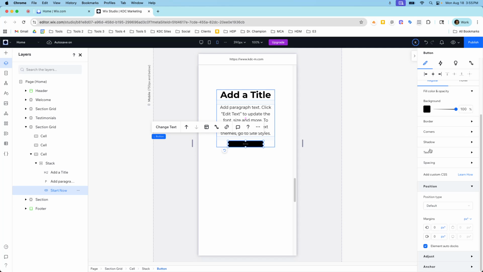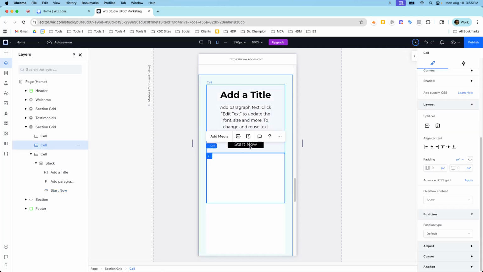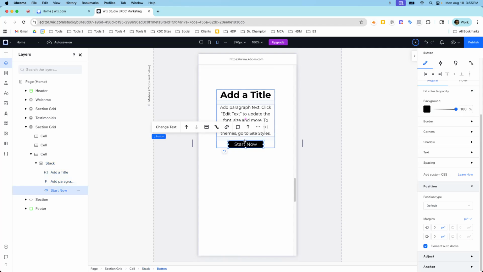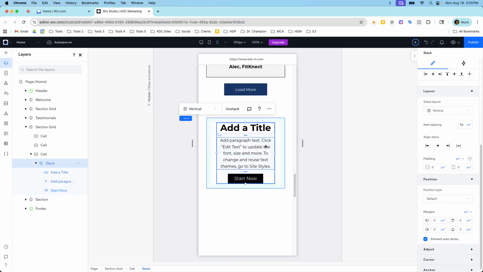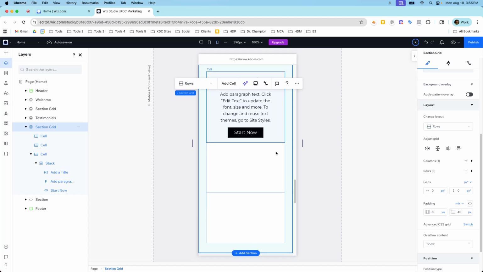One thing is this button text for some reason is super small. I'm not sure why that's happening. Let's go into here, and then we might want to change our button size. So it is a bit faster to do the responsive AI because it's going to get it most of the way there. But it's important to know how to do this manually so that you can change it and customize it,